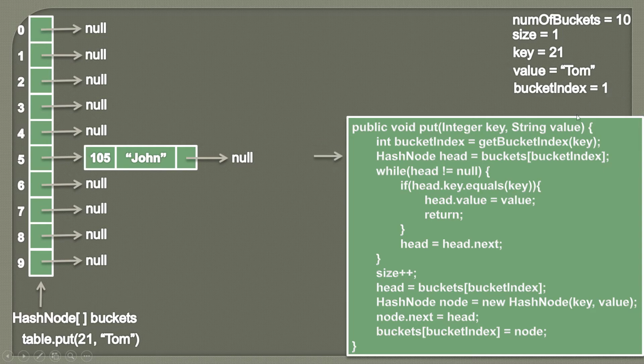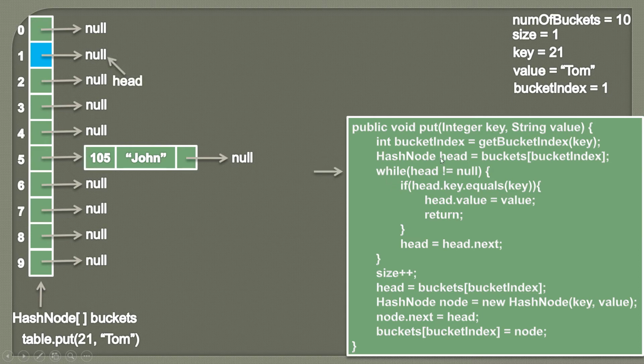So now what we do is we simply try to access the hash node at this bucket index. So when we call buckets and we pass bucket index as 1, we are accessing this value. So here you can see that the hash node which it refers is null. So it means that there are no nodes in this list here. So head will point to null.